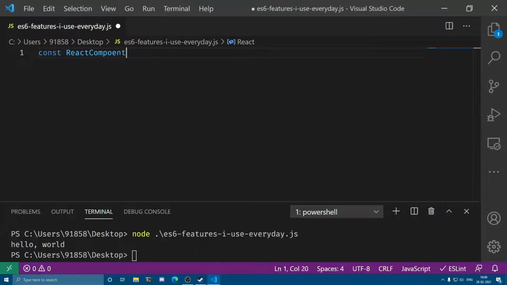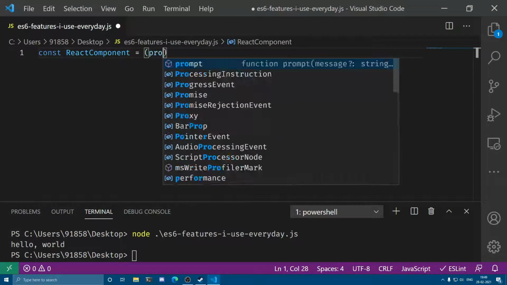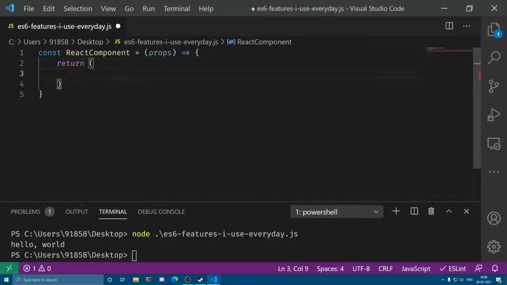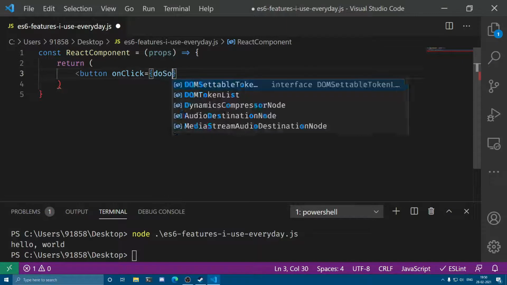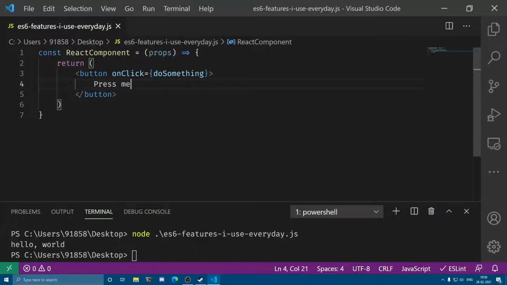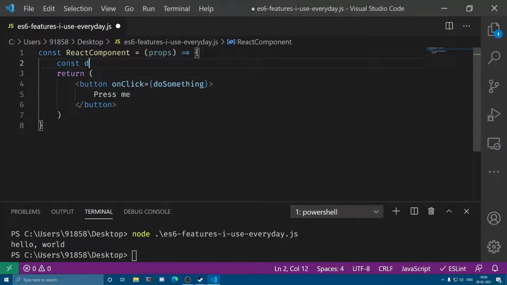This is how I write it: component and props, okay, return whatever, a div, or you can write a button, okay, on click do something, and press me. Okay, so to create this do something, I create yet another arrow function inside the React component.